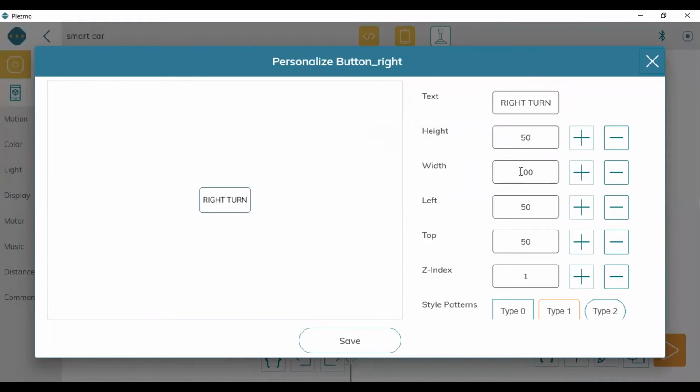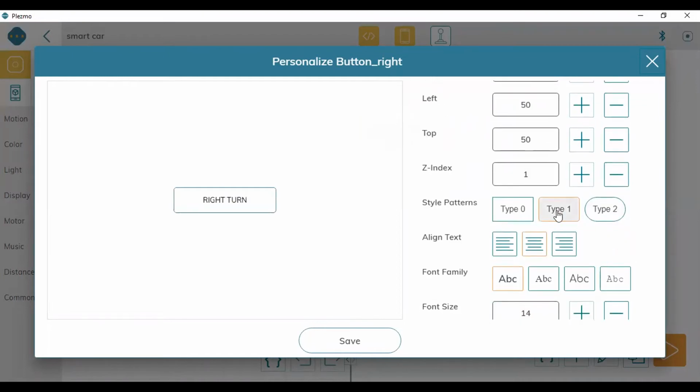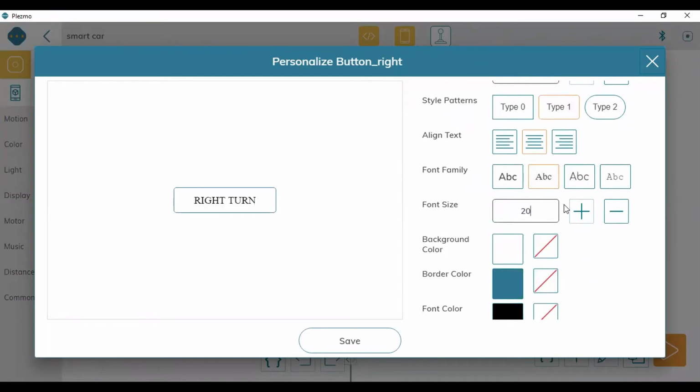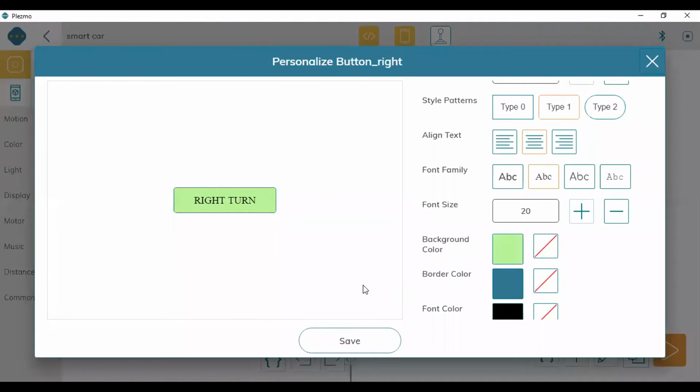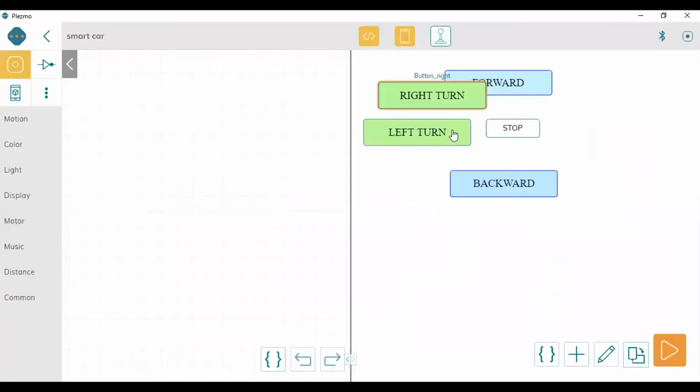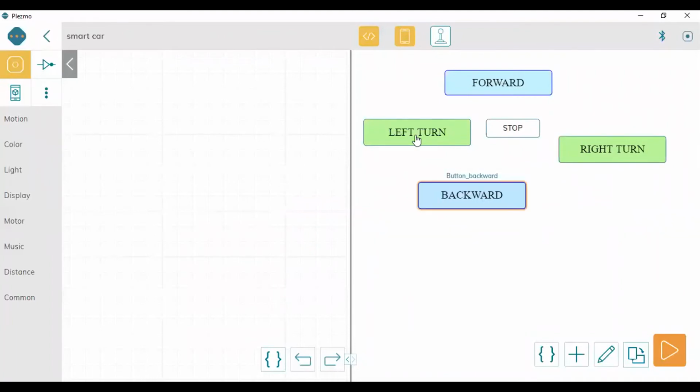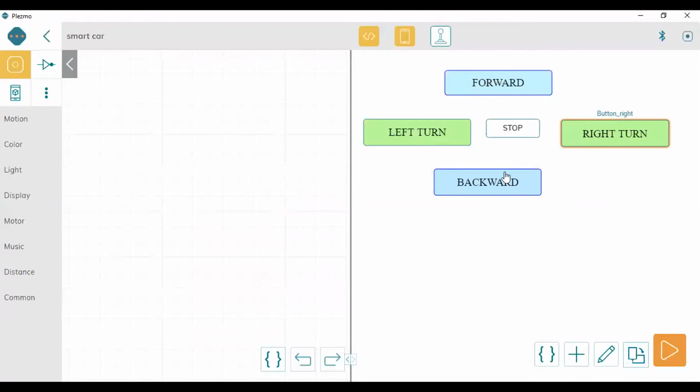Again the dimensions of the boxes. Then font size I'm changing, and I'm taking here light green color. Okay. So this is my right turn. So you can just change the placement wherever you want. I'm taking it like that.